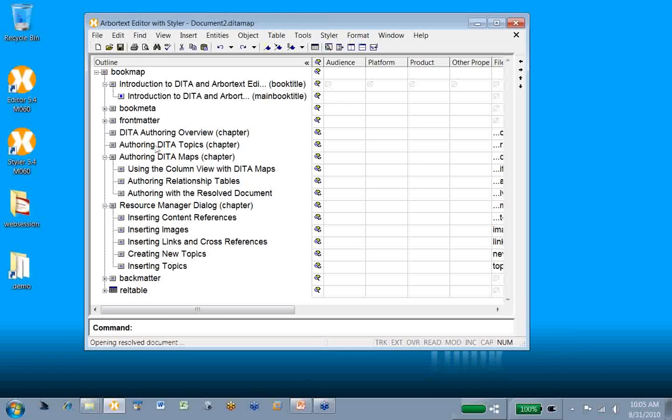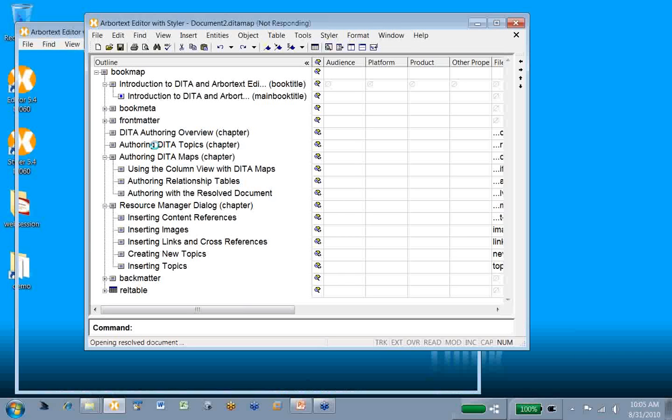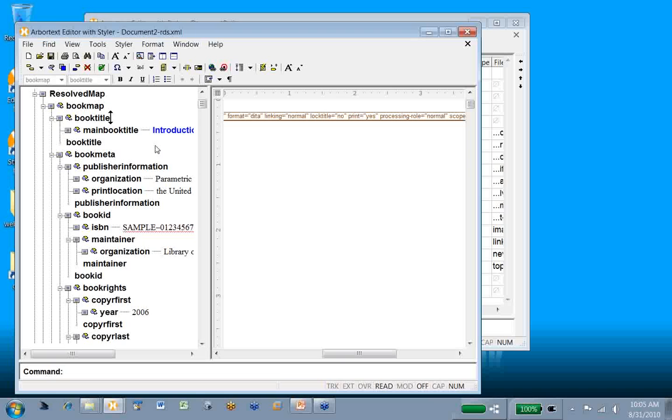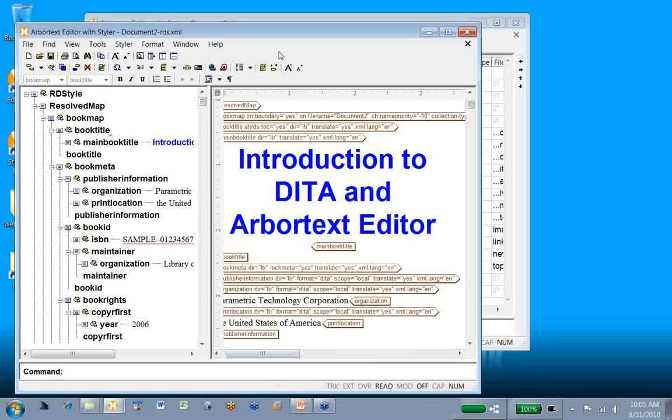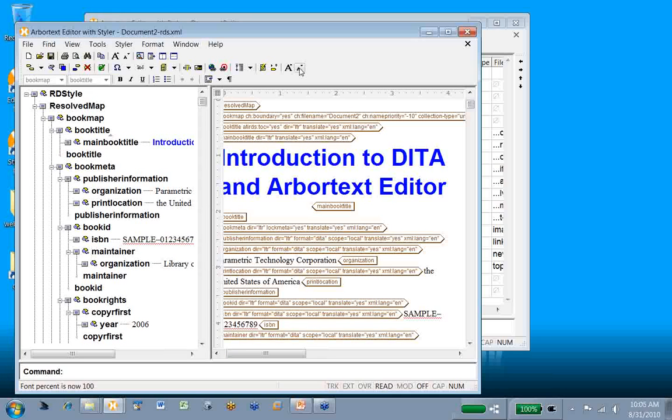This is going to take all of the content that you have in your map, all of the topics that are referenced, and it's going to run it through the pipeline. And you'll see this document looks a lot like your content, but you'll notice there's a lot more data here. It's a little intimidating at first, but what's important about this document is that it's the document that your style sheet is interacting with. You can also use it to troubleshoot any issues you have with linking as well, but I'll talk about that